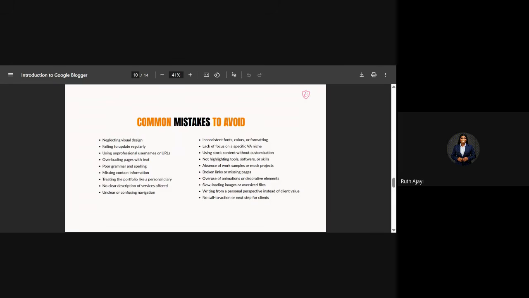Now, another mistake is no call to action or next step for clients. A lot of people don't put the next step for clients. So if your next step is, maybe they need a clarity call or they need to set a meeting with you immediately after they see the portfolio, please put an appointment link. I've taught you how to do an appointment link. Put it